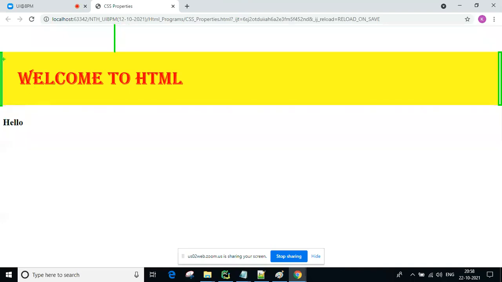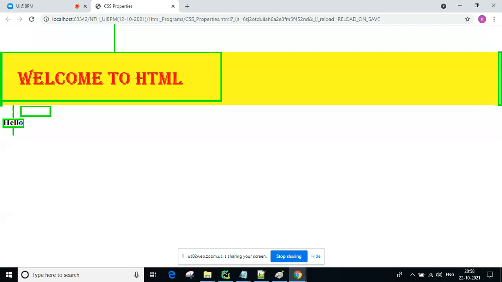This is H1, and the H1 tag belongs to block level. Block level tags by default get some space on the top and bottom. That's why here it looks like there is some space. Block level elements by default take space on top and bottom as padding.